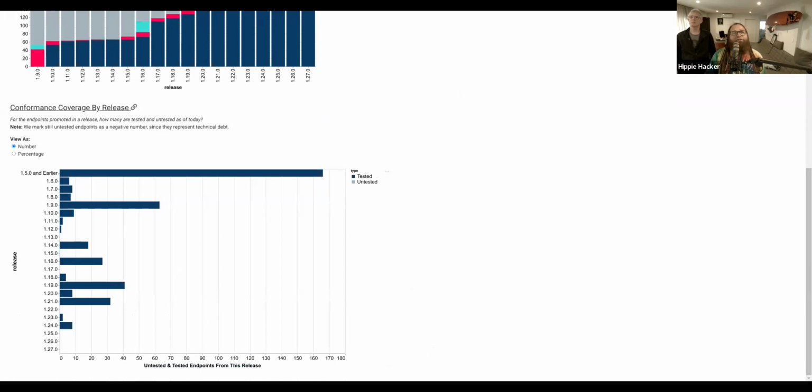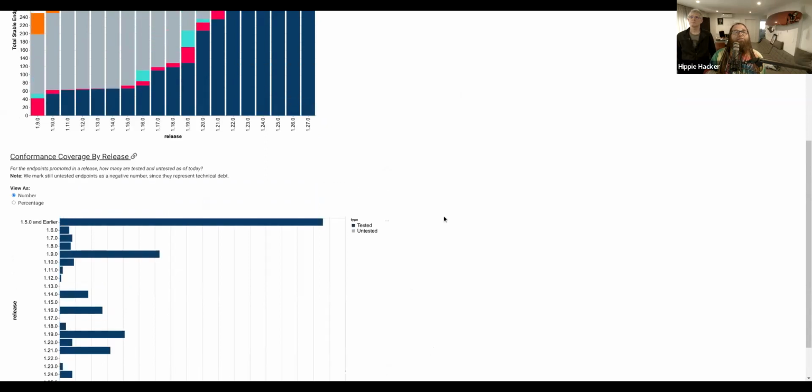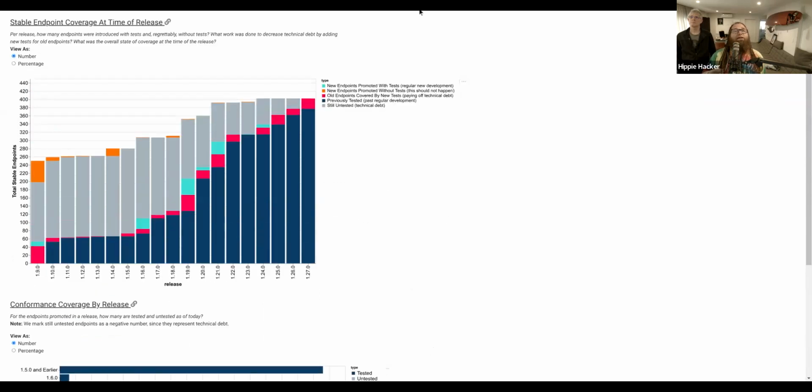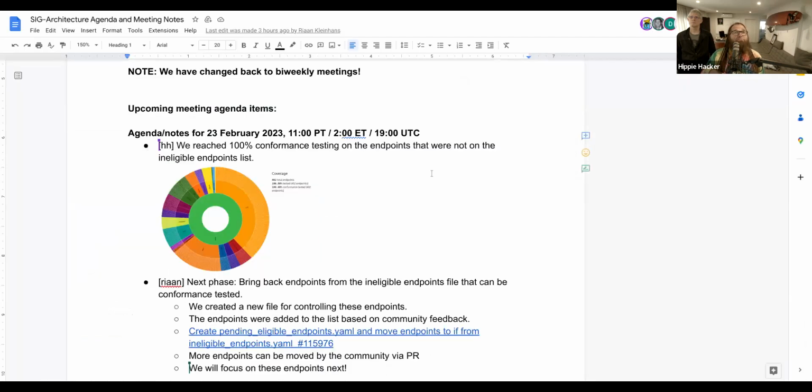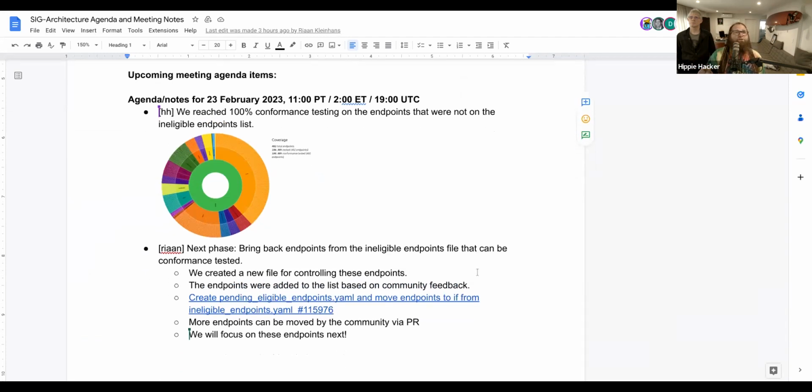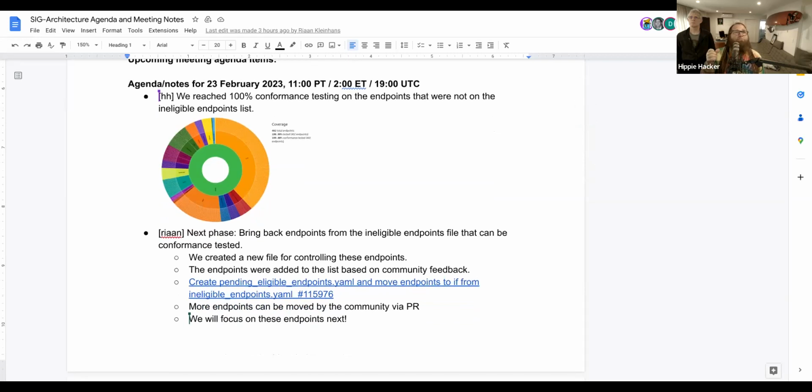That top graph is going to change if we approve this in this meeting or whenever consensus is made. One color that's missing is these newly eligible endpoints. This graph is based off of a PR being merged that we haven't merged yet, and that's Rion's part that's next, which defines the body of work for likely the rest of the year. I want to be sure that we're happy with this work so that I can put it on the objectives and key results for the CNCF for this year.